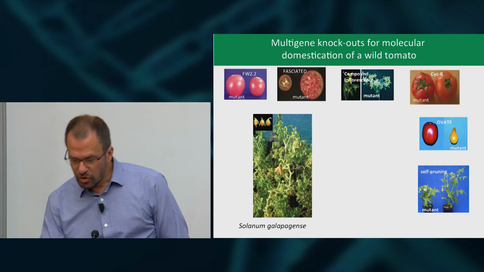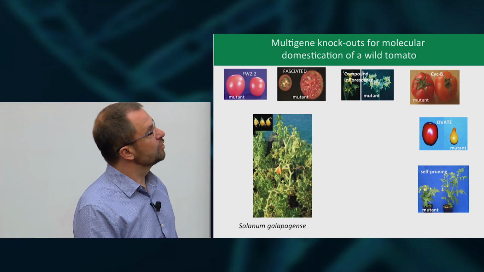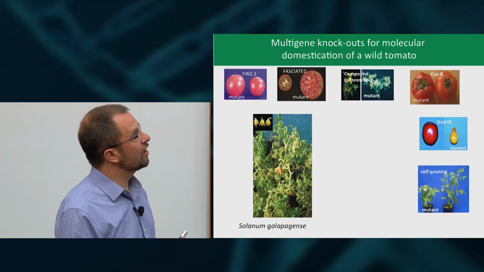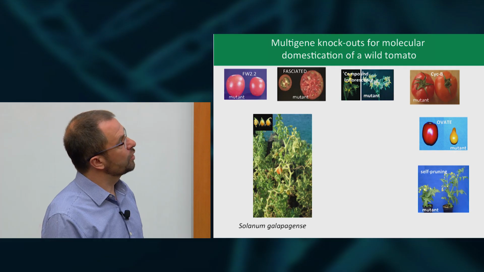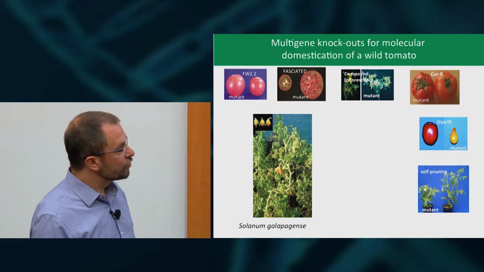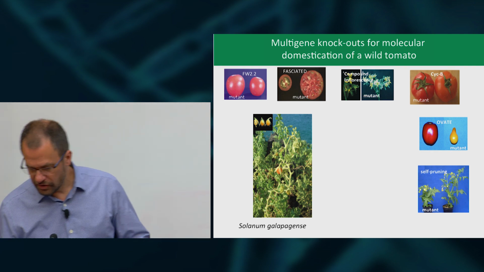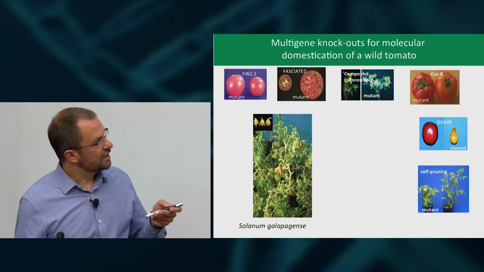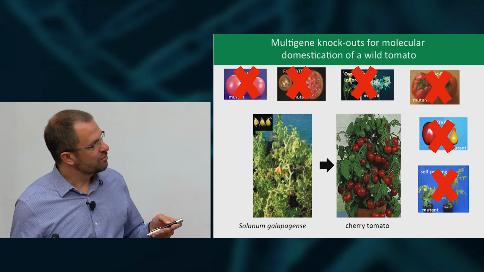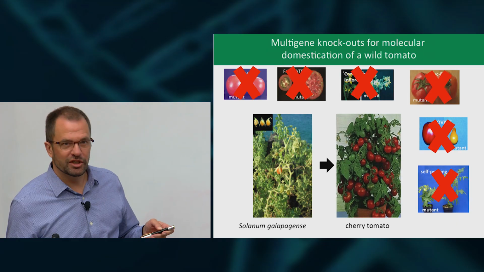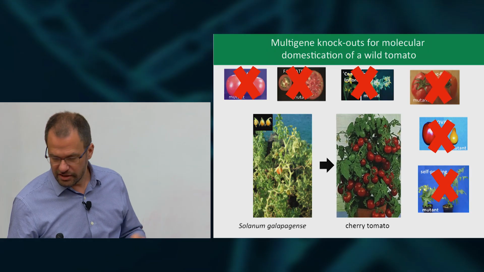And we know that there's only a handful of genes, 6 or so genes, which when modified, and actually all of these are knockout mutations, are important for fruit shape and size, for plant architecture, and the timing of the production of fruit. And so the notion is, maybe we can use genome editing to take this wild species, knock out these genes, and convert what looks like a wild weedy species into something that's more familiar, that's grown in the garden or in the fields.